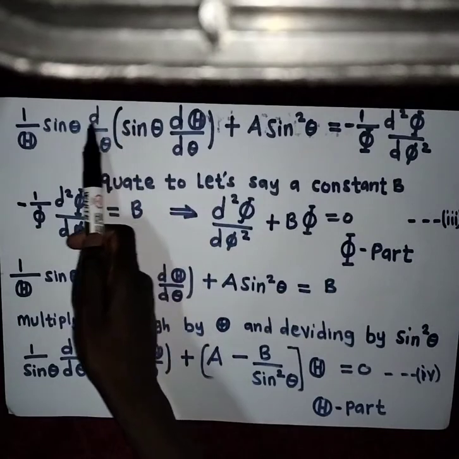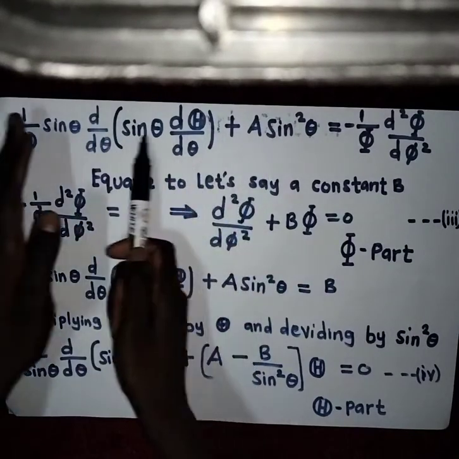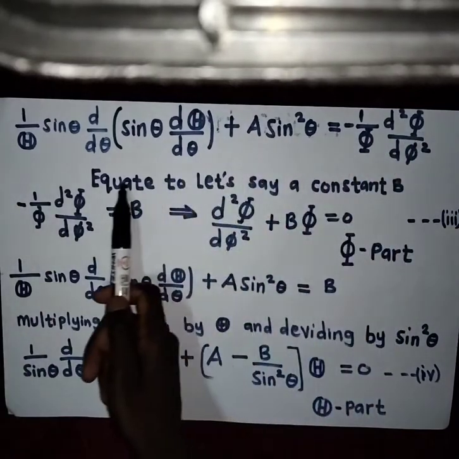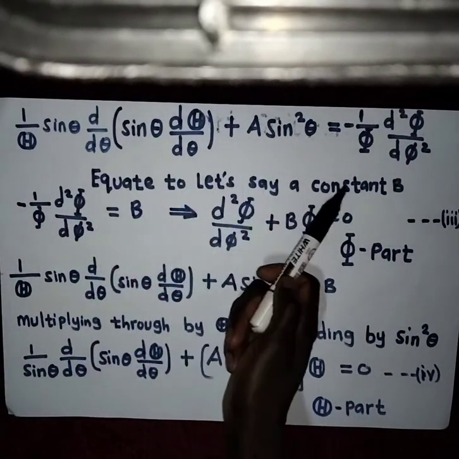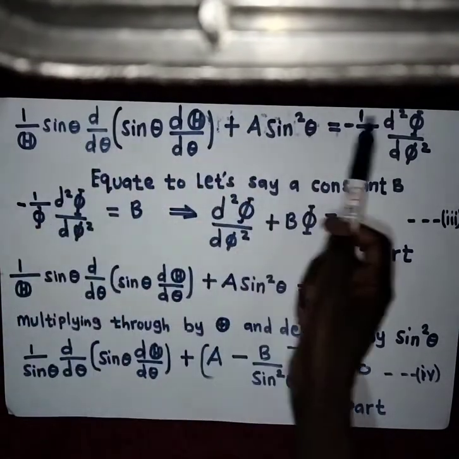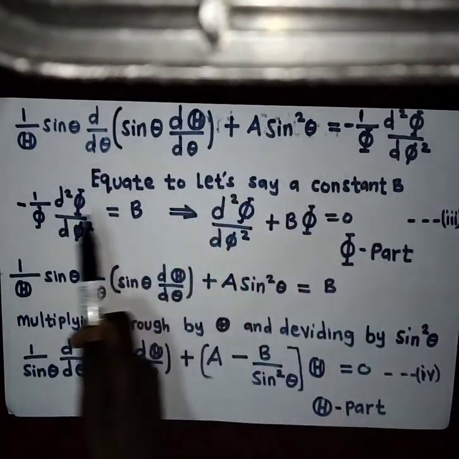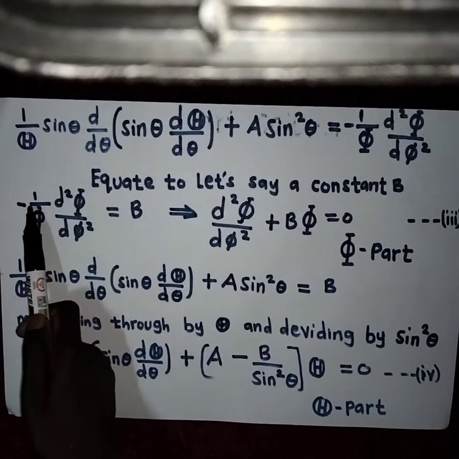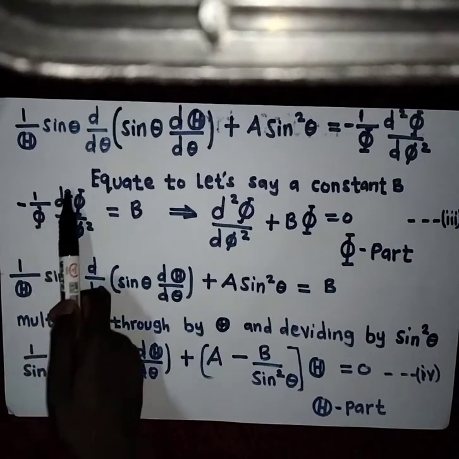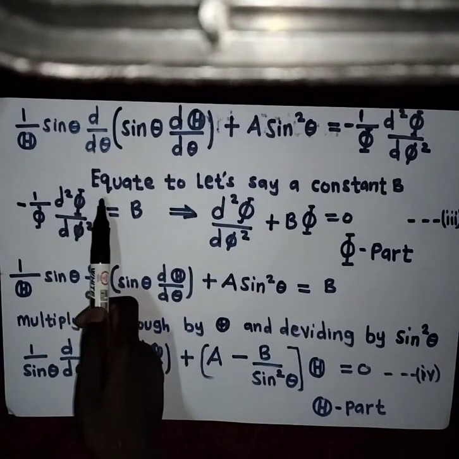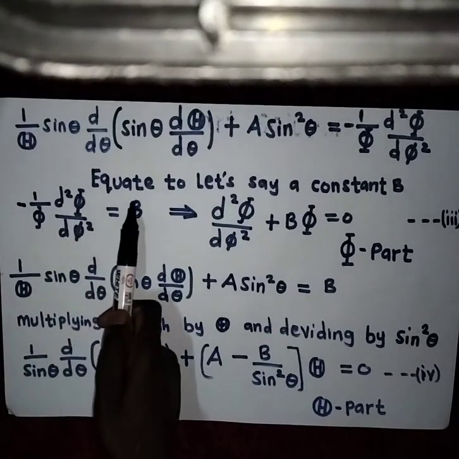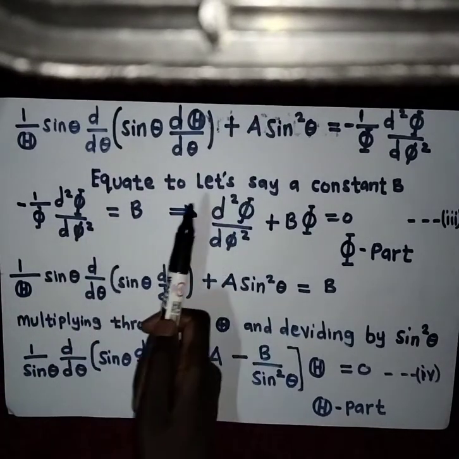Look at this. The left hand side is equal to the right hand side, but they can only be equal if we equate each term to a constant b. So the left hand side I equate to b, the right hand side also I equate to b. So if I equate this one to b, I'm going to have negative 1 over Φ d²Φ over dφ² being equal to b, of which if I rearrange,